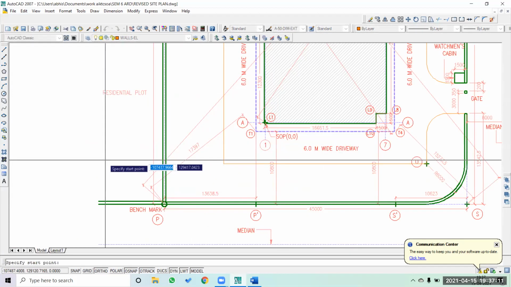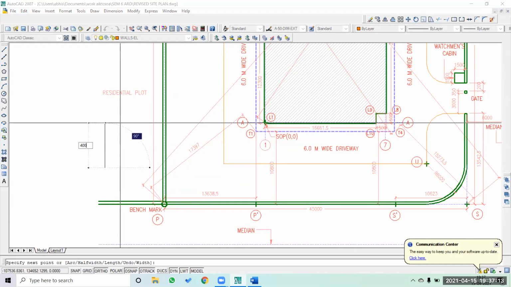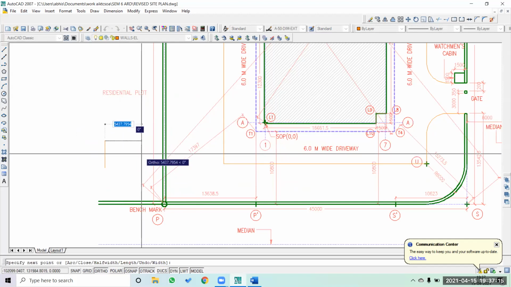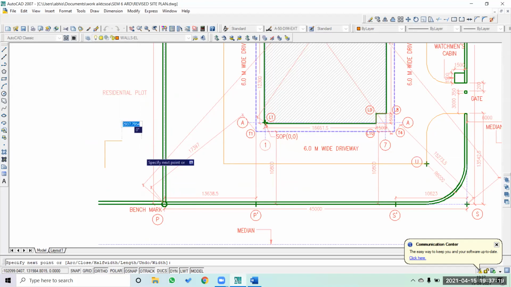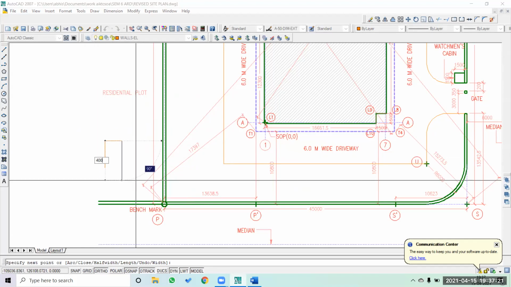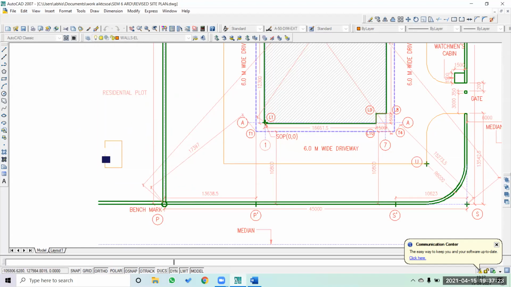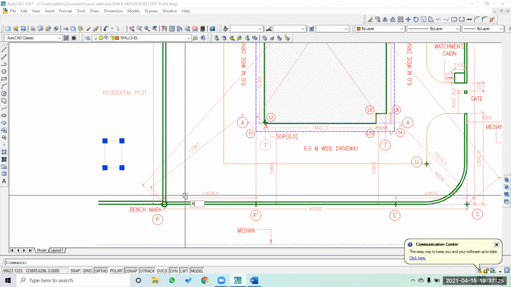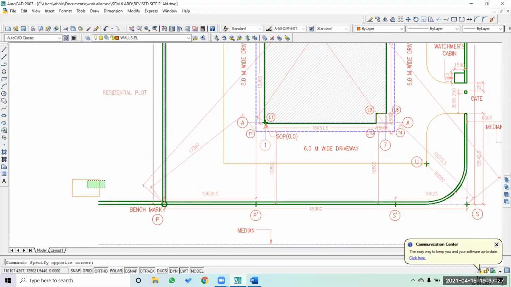So I'm going to create some kind of 4000 by, let's say, this size of underground tank, which is just symbolic.